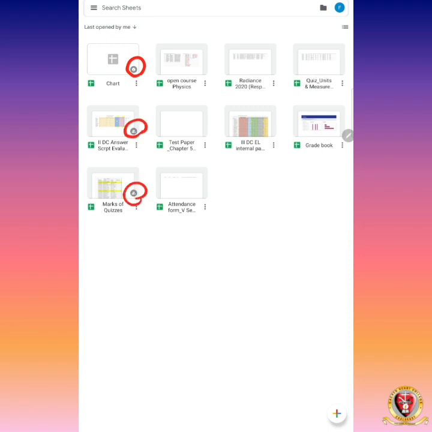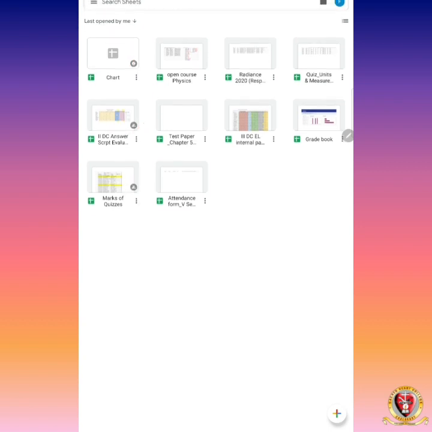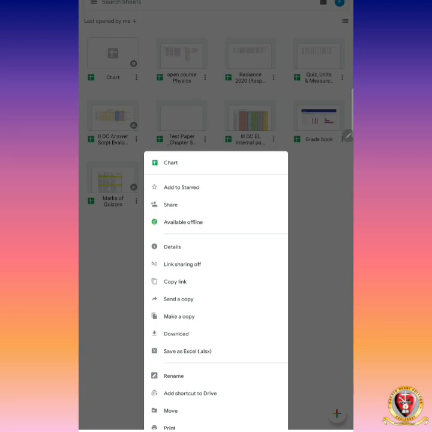And also you can see these 3 dots here. These 3 dots represent some options. You can click the options and you can download this. You can send a copy, download it, make a copy of this spreadsheet, save it, rename it, move it. All options are available here. You can copy the link and share it with anyone else. All these options are available in Docs, Slides, Sheets, etc. So Google Apps have similar features.